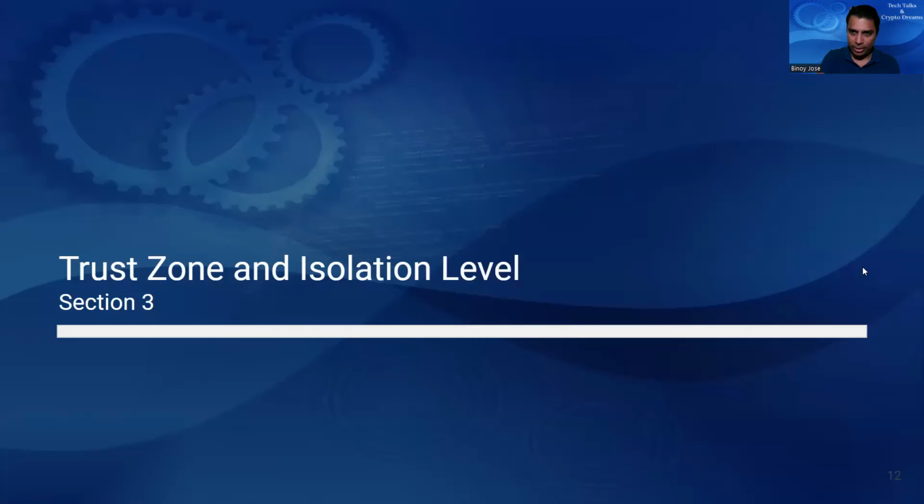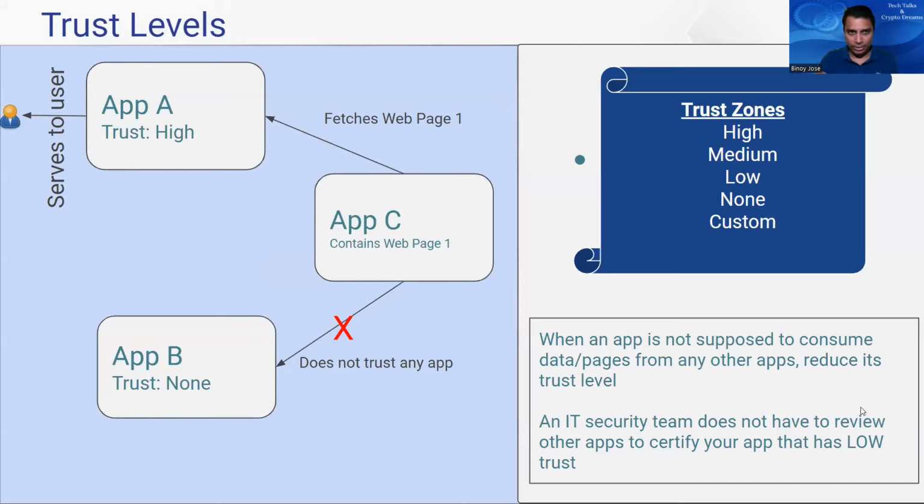zone and isolation. Now let's get into the specifics of the security of app. Let's start with zone. Trust levels, right? Now you have app A, and app C contains a web page. App A will fetch the web page and show to the user. Now remember, this app A and app C are UI apps. They are not micro front-end web services or anything. These are real applications which may have